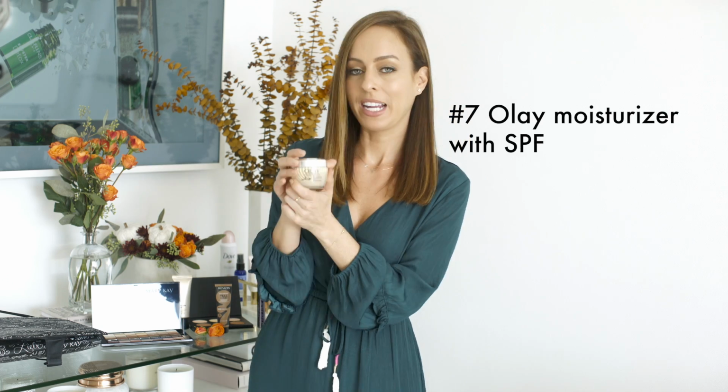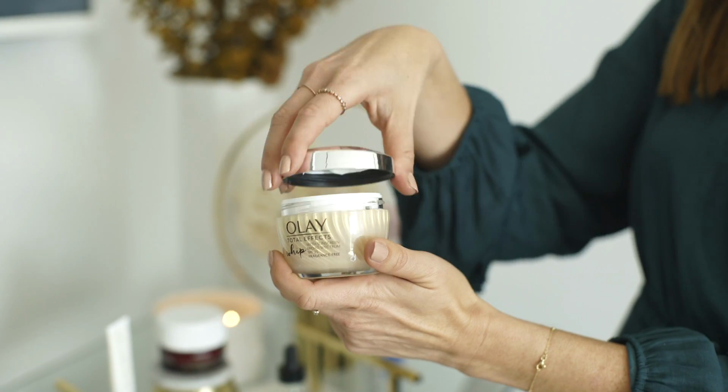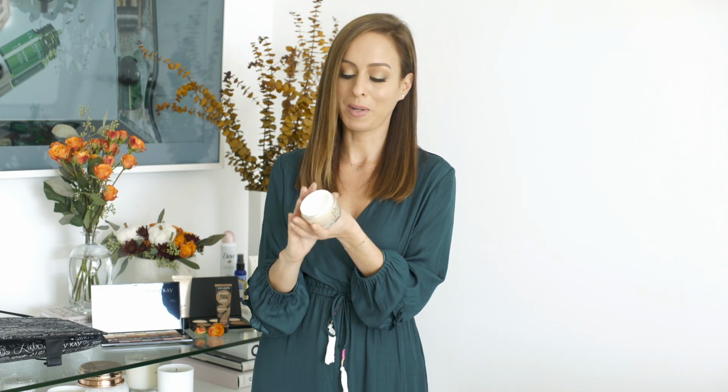So I've been using Olay Total Effects for a while now, their Whips product, and they just came out with fragrance free, which I really like because I have so many other different scents that I use, so I don't really like my moisturizer to have fragrance, and it's just so creamy. This one has SPF. Since I live in California, I'm very careful with SPF. I think you should wherever you live personally, but they also have a regular version,